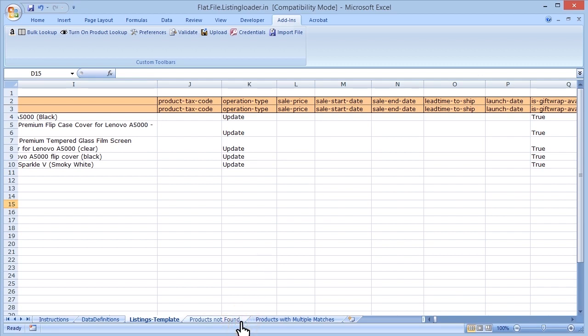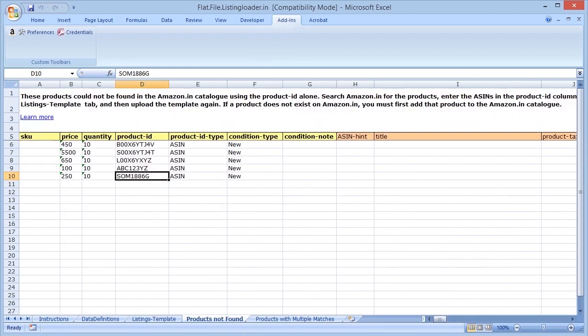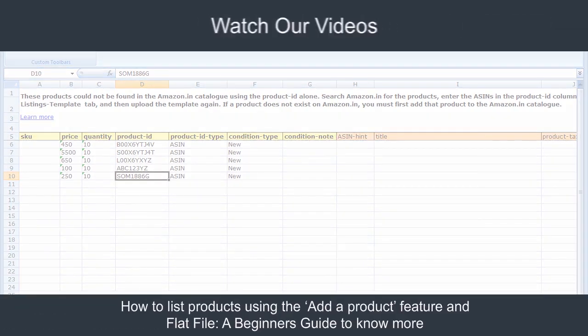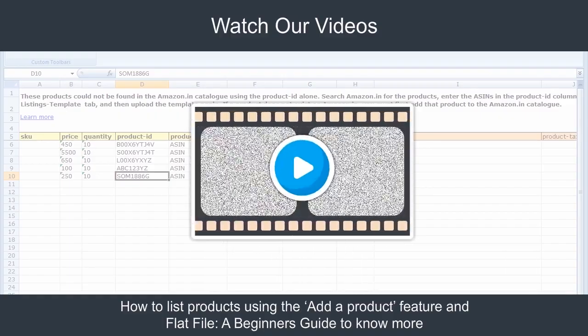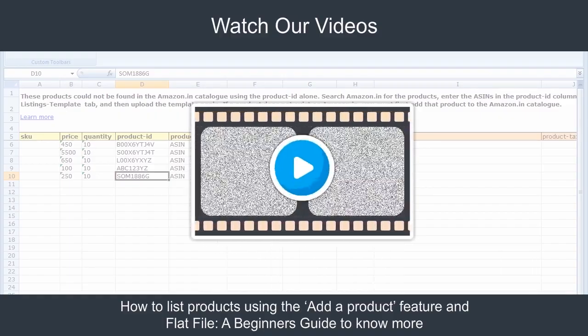The Products Not Found sheet of the listing loader template displays information related to unmatched products with product IDs. You need to create new listings for the unmatched products using the one-by-one method or the flat file template. Watch our videos titled How to List Products Using the Add a Product feature and Flat File, a beginner's guide